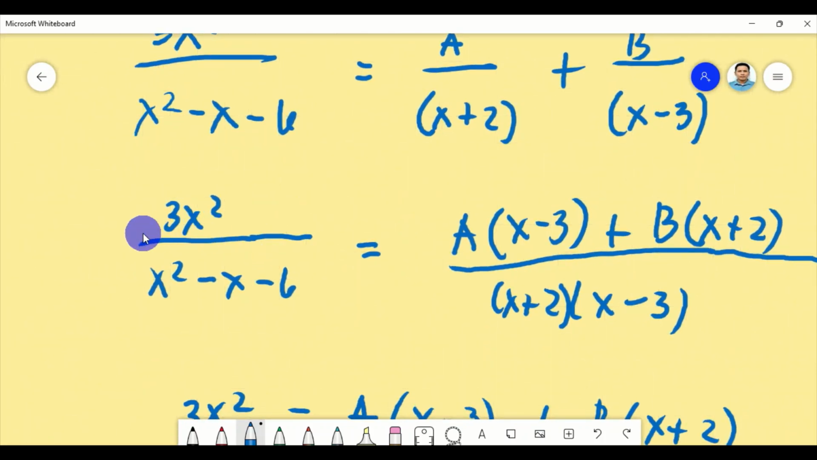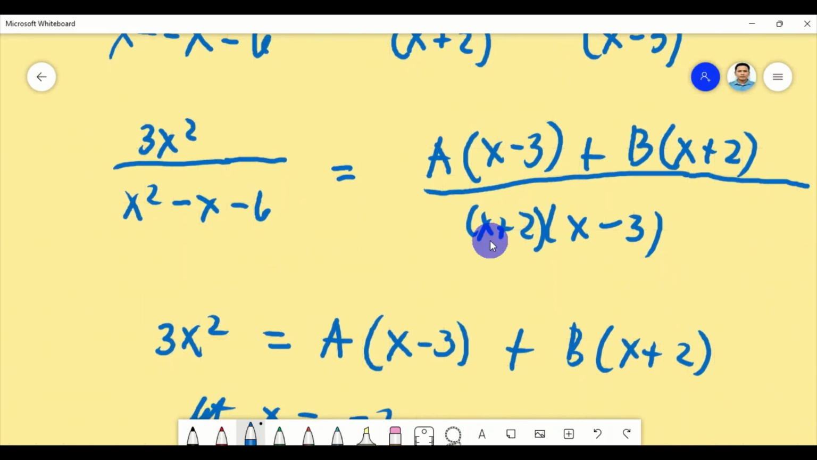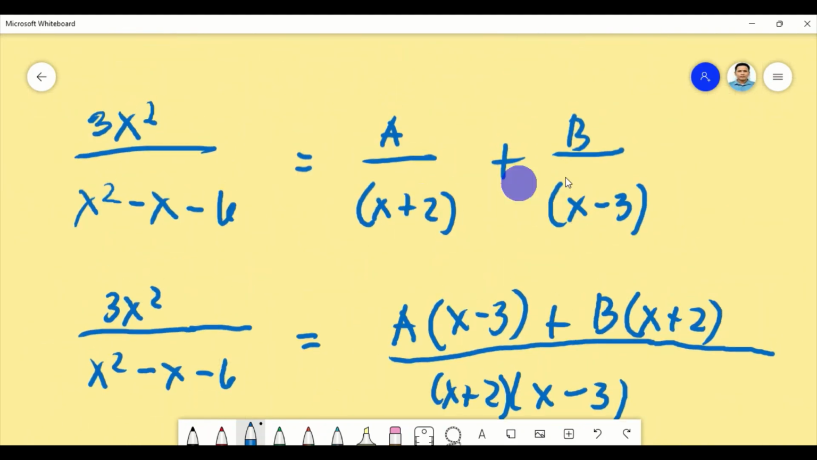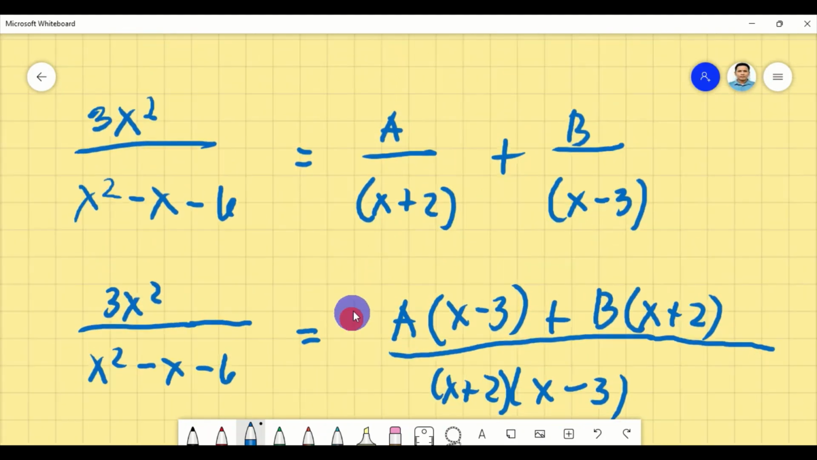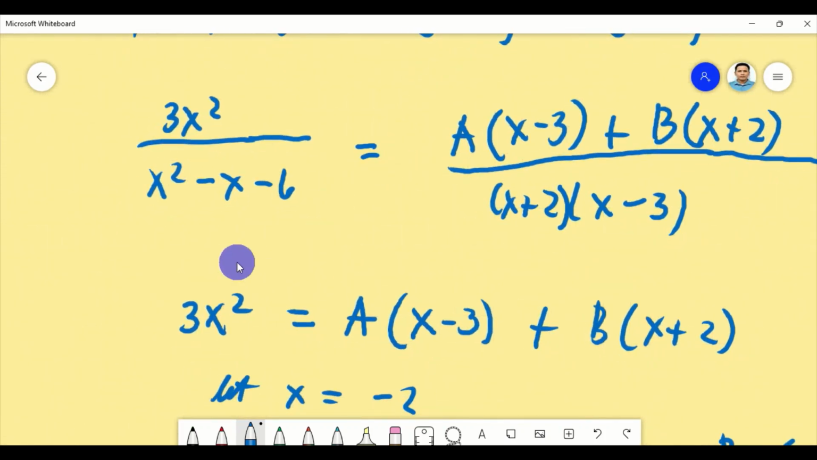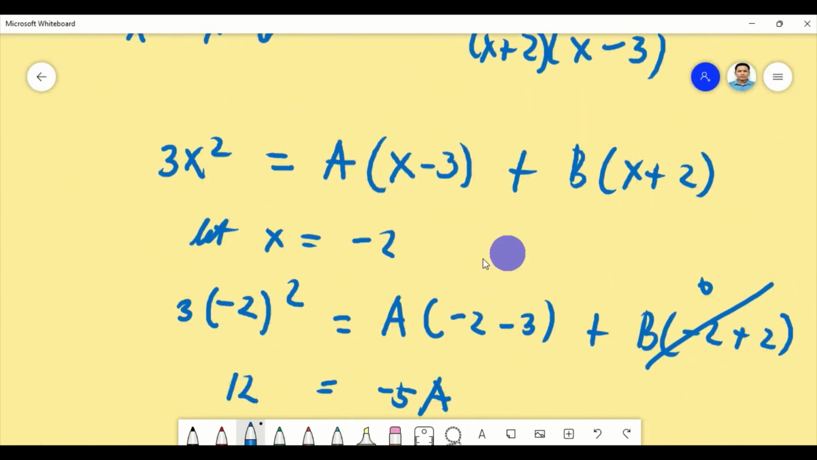So you have the equation 3x squared over x squared minus x minus 6, and this is equal to A times the quantity x minus 3 plus B times the quantity x plus 2 all over x plus 2 times x minus 3. We are adding these two dissimilar rational expressions. Okay, so we can now equate the numerators. 3x squared is equal to A times x minus 3 plus B times x plus 2 because the denominators are the same. And again, applying the process that I mentioned earlier in our previous examples,